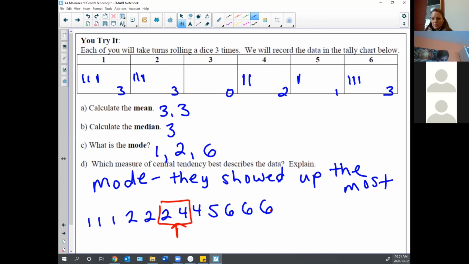All right. So basically this lesson, you're doing those 3 calculations, mean, median, and mode. And sometimes they will ask you to tell which one you think is the best way to describe the data. And that's just a way of picking one and communicating your thoughts to see which one you think is